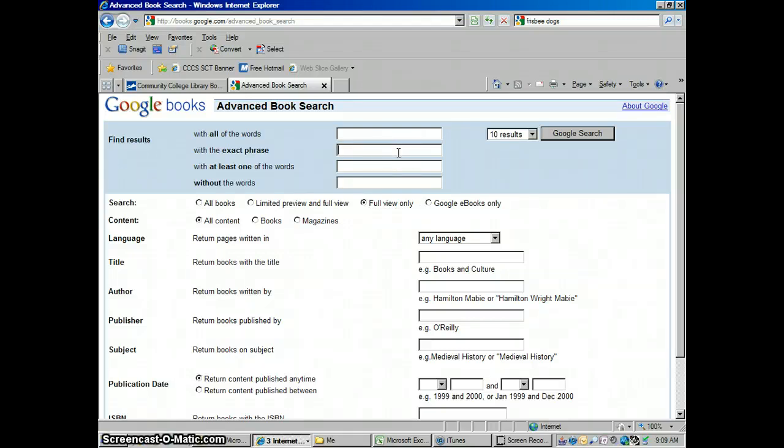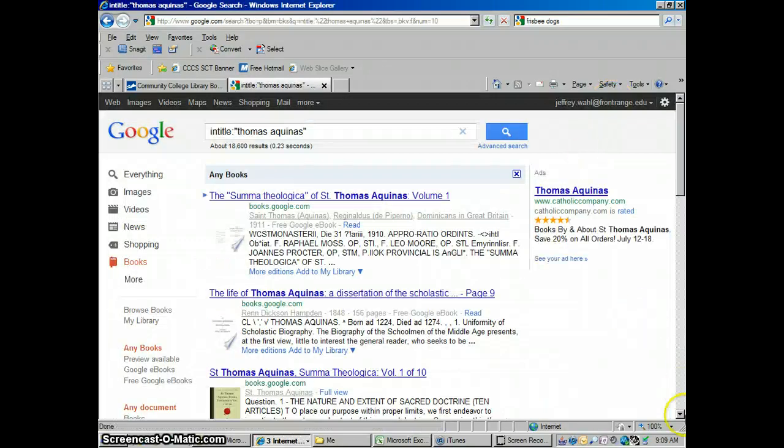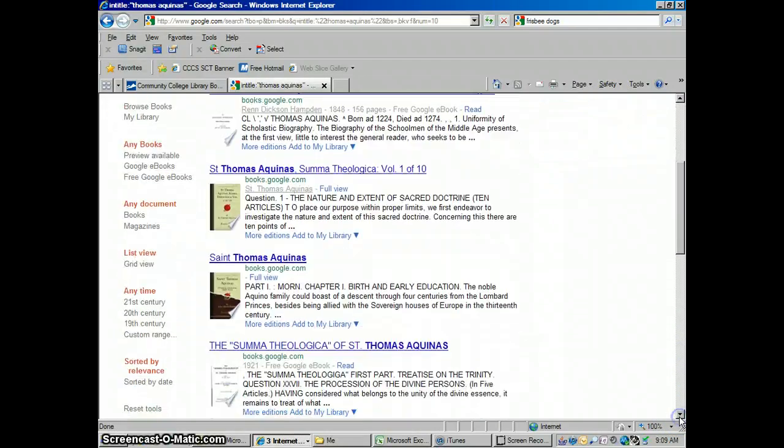So let's say, for instance, I'm going to look for books, return books with the title, how about Thomas Aquinas? And I put that full view on there, and again, we're in advanced search. Okay, and these are all full books on Thomas Aquinas. So if I open this one up here,